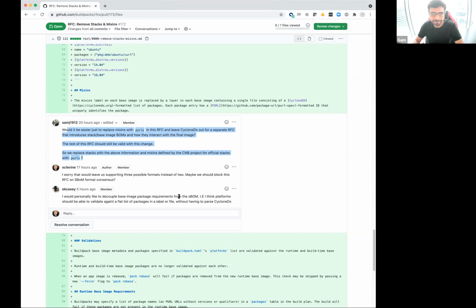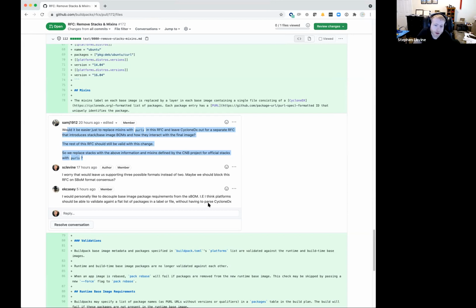Does it make sense to have a minimum set of information that needs to be included? The CycloneDX format, as I understand, has quite a bit of stuff, a lot of which is optional. Do we have a subset of that that's required to be compliant? I would say just the package names are required for this RFC. I think the RFC around a standardized metadata format would be a better place to assert that there are other things besides the Perl formatted package names.